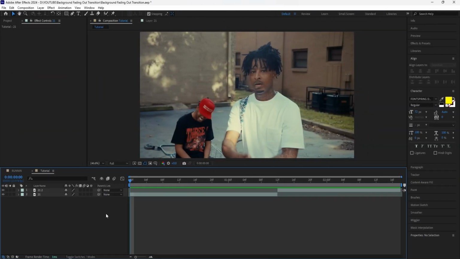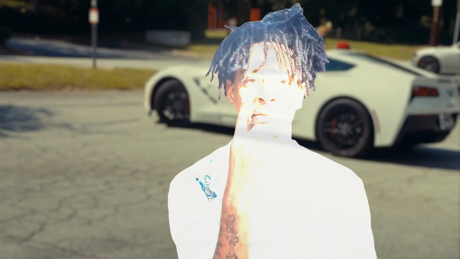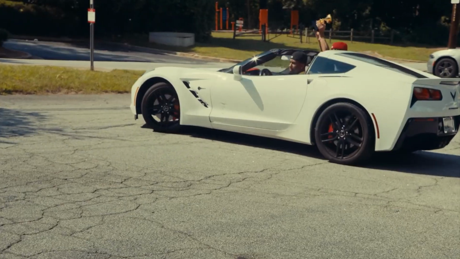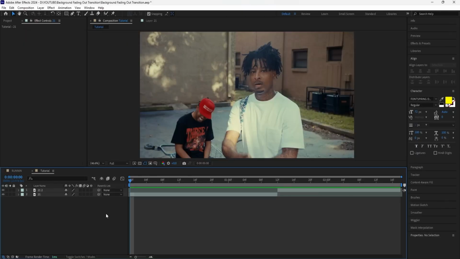What's good YouTube? In this video, I'll be showing you how to create this background fading out transition inside After Effects. I'm going to be fading out the background of the first layer in order to create this seamless transition from the first scene into the second scene, as well as creating an additional effect in order to really tie